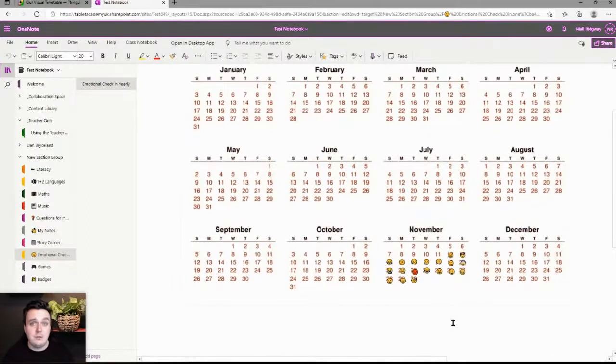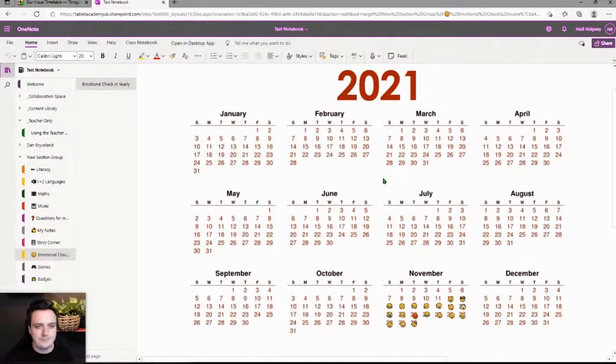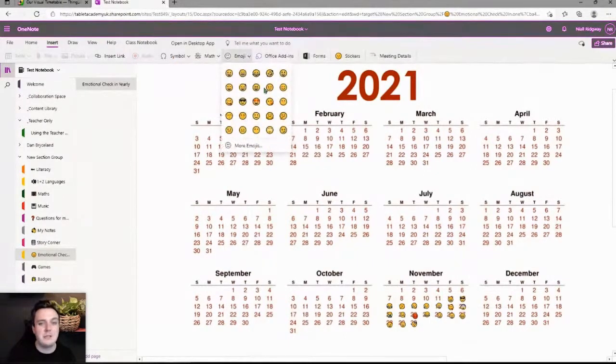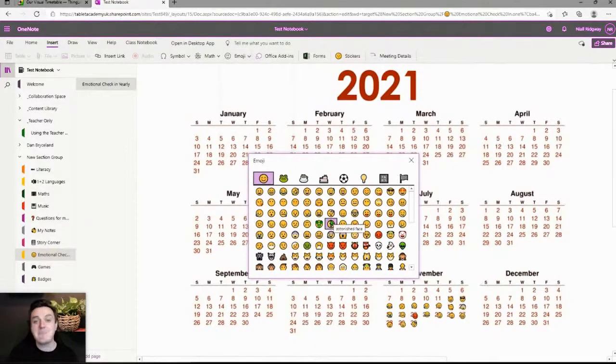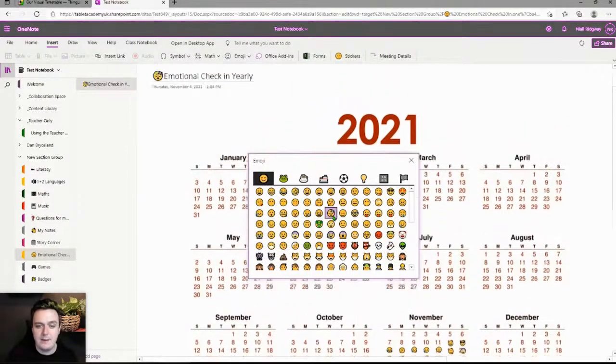This is a great tool, this is off Thinglink, but this is onto OneNote, and this is a great tool to keep track of your emotions throughout the year. Just whack a wee emoji on. It's really simple. You just go to insert and the emoji, and you can just choose one of the emojis that's on there, or you've got more emojis, and every morning you just click on the emoji that you're wanting